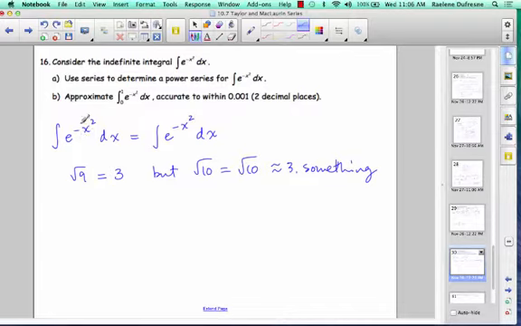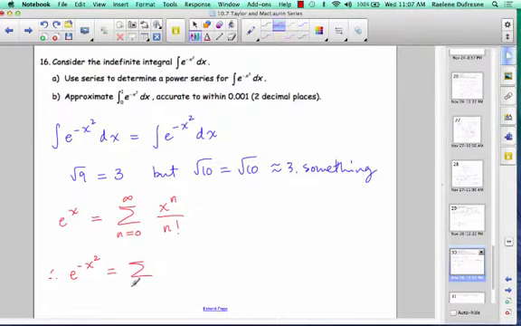So we want to use series to determine a power series for this function. So the first thing we're going to do is work out the Maclaurin series for e to the negative x squared, and we will start with the Maclaurin series for e to the x. So we have x to the n over n factorial as the nth term, and therefore e to the negative x squared is given as follows. We have an alternating series,